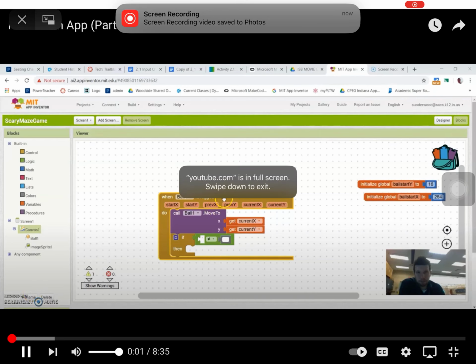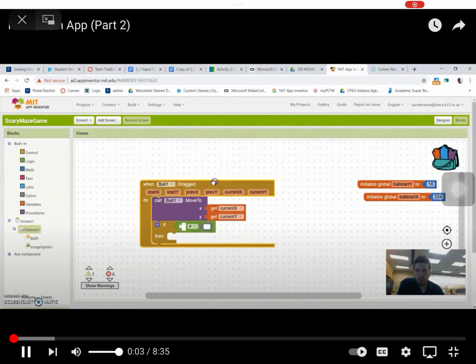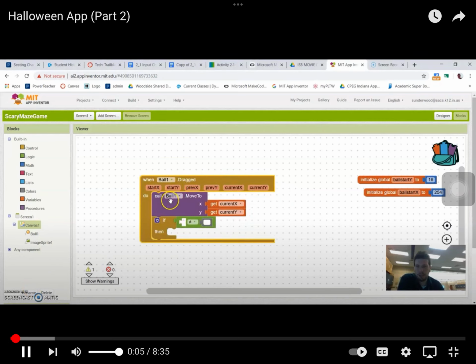Alright, welcome back to part 2. So we left off with our ball 1. We're dragging it around, so we are going to call it to move to my current XY. That'll follow my finger. And we said we need to make it ask the question if the ball is ever